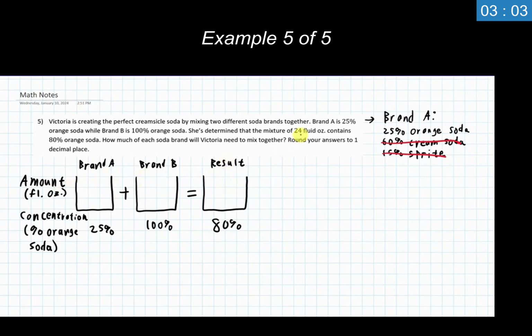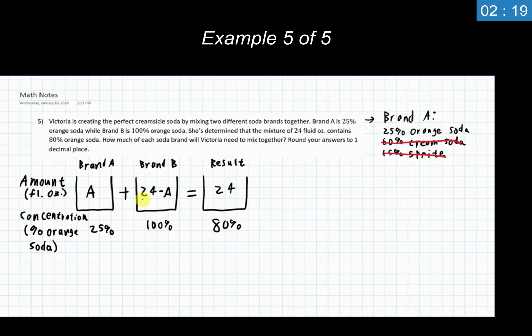What's the resulting amount? It's going to be 25 fluid ounces. Then how much am I going to have of brand A? How much of brand B? I've not been given any information that tells me the relationship between these two amounts. Something is double the other one, something's 5 less than half the other one. I haven't been given any information like that. So I'm going to label one of these amounts, and then the other is going to be the leftover. So 24 minus A here. And again, you could reverse these and just have brand B be B, and then brand A is 24 minus B. It's your choice, but I'm just going to elect to use this one.